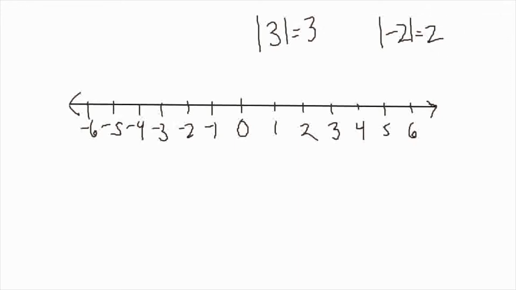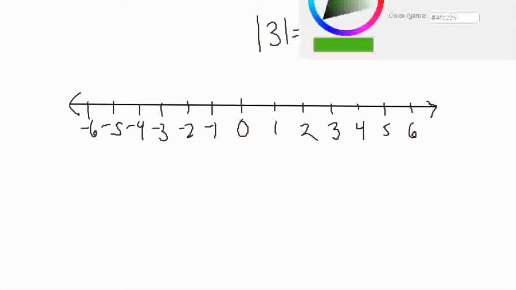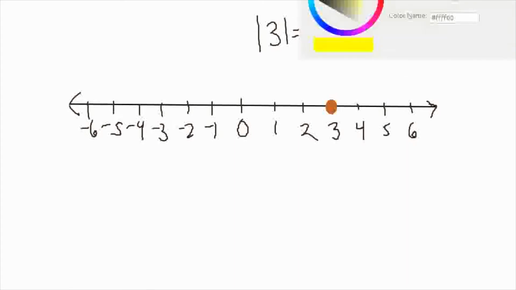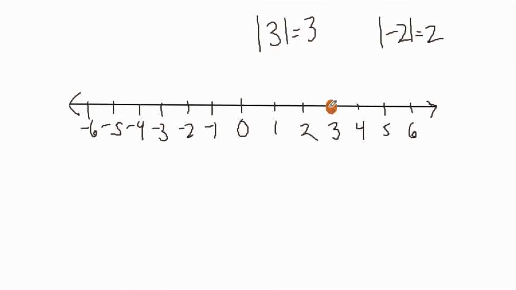Okay, 0 is also sometimes called the origin. So let's go back to the 3. I'm going to put an orange dot at the 3. If I measure how many hops I have to go to get to the 0, I have to do 1 hop, 2 hops, 3 hops, okay, and the number of these ticks, these hops,